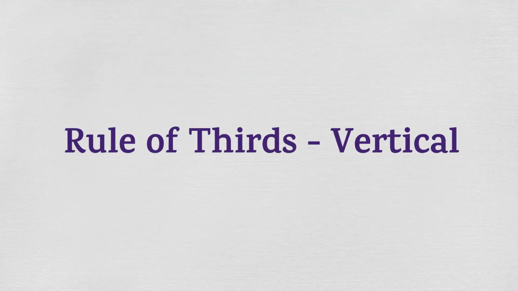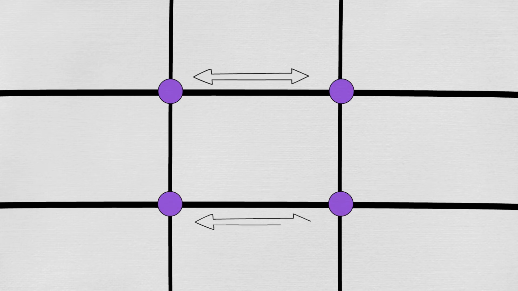The same rule of thirds we can use for vertical frames also. In vertical frames, you would like to place the subject either on the top 2 placement points or the bottom 2, depending on where you need the empty space, either on top or the bottom, and also in the direction which the subject is looking.